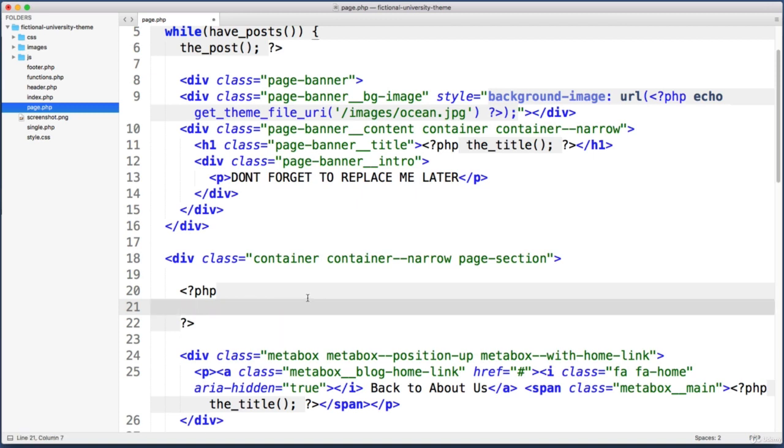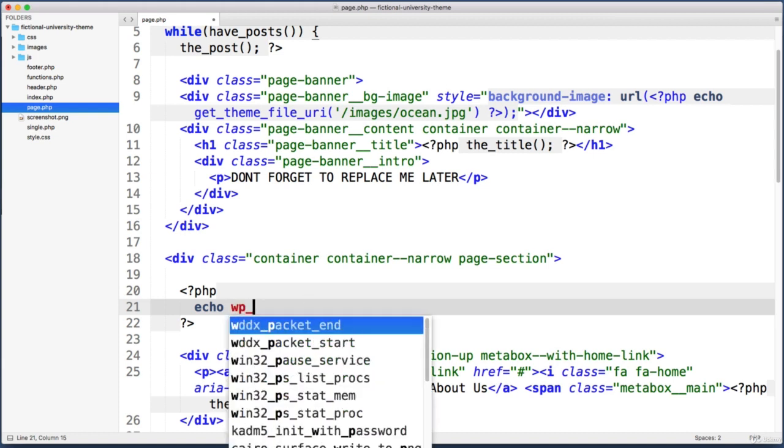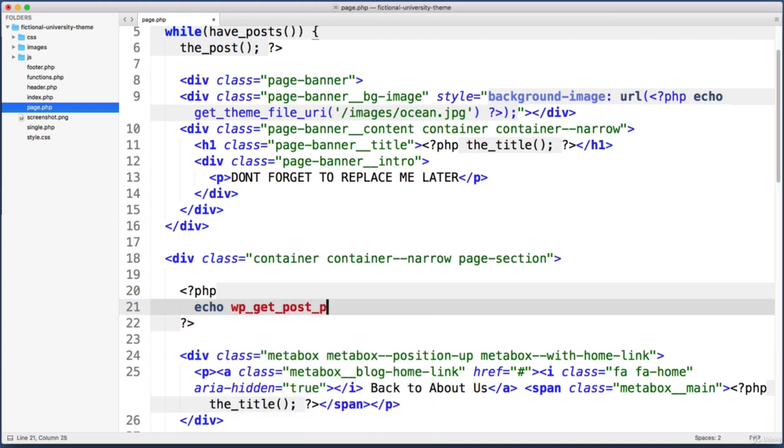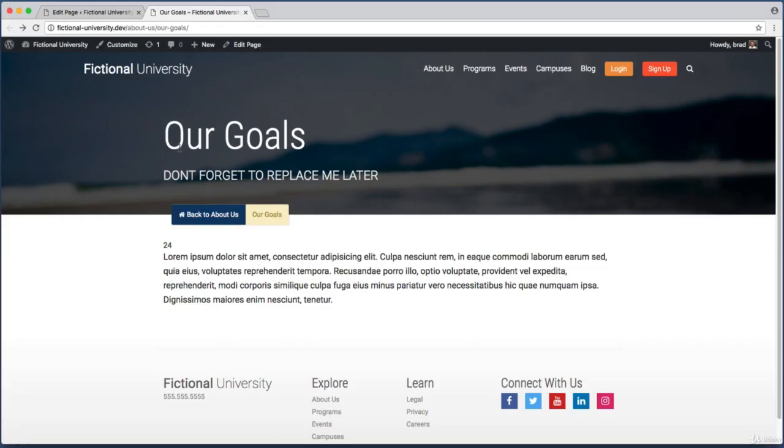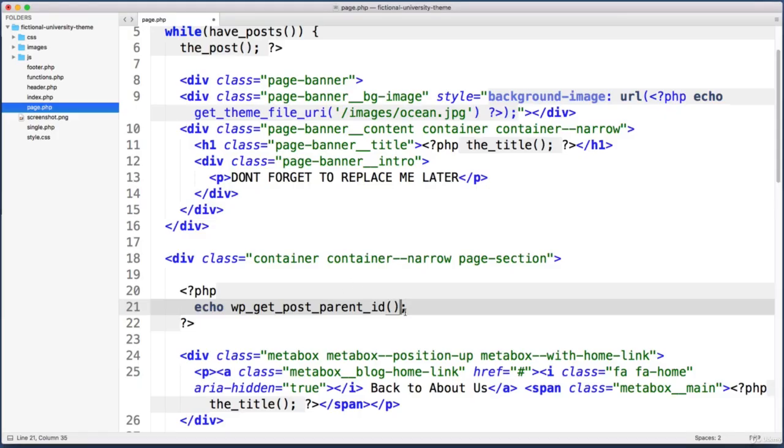Let's delete this line, and instead, let's echo out the results of a WordPress function named WP get post parent ID. And this function will do exactly what it says it will do. So within the parentheses, we give it an ID for a page or post, and this function will respond by giving us back the ID number for that page's parent. So for example, if we were on the Our Goals page and we wanted to find the ID of this page's parent, well, this page itself has an ID of 24, but instead of hard coding that number, we want